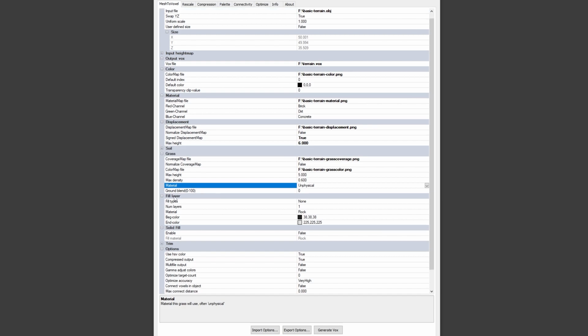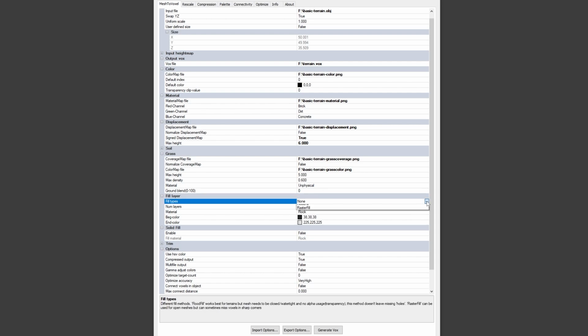Then we come to the fill layers, and this is underneath the terrain that is created. We can have a fill function create an internal shell of unbreakable voxels, so that if the player makes a hole in the ground, they don't fall through the terrain.